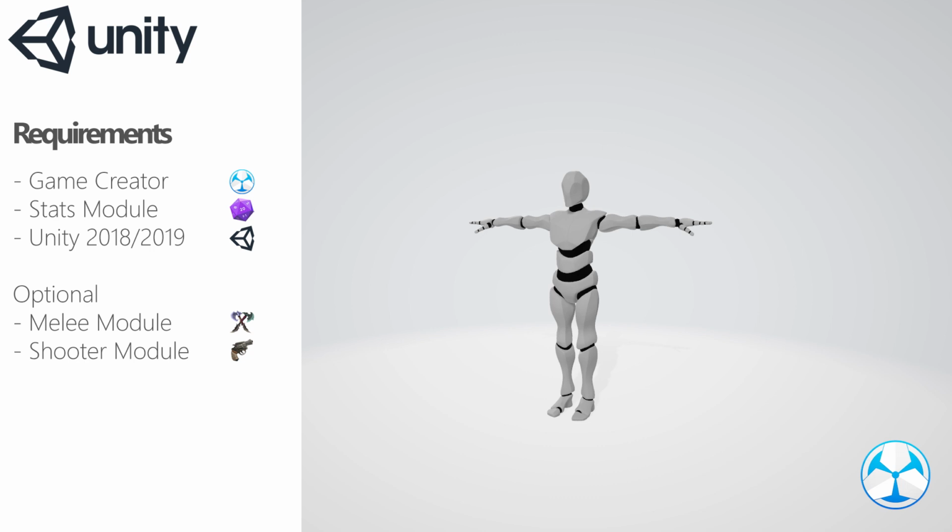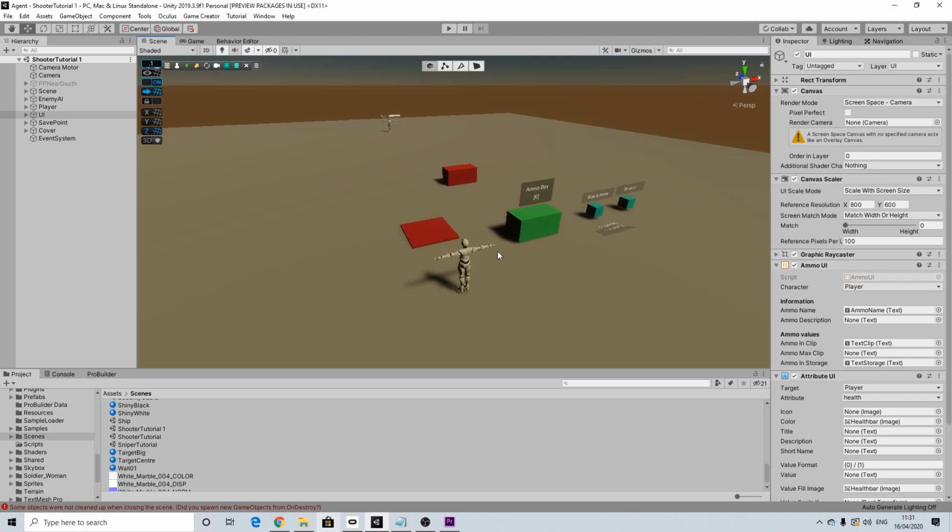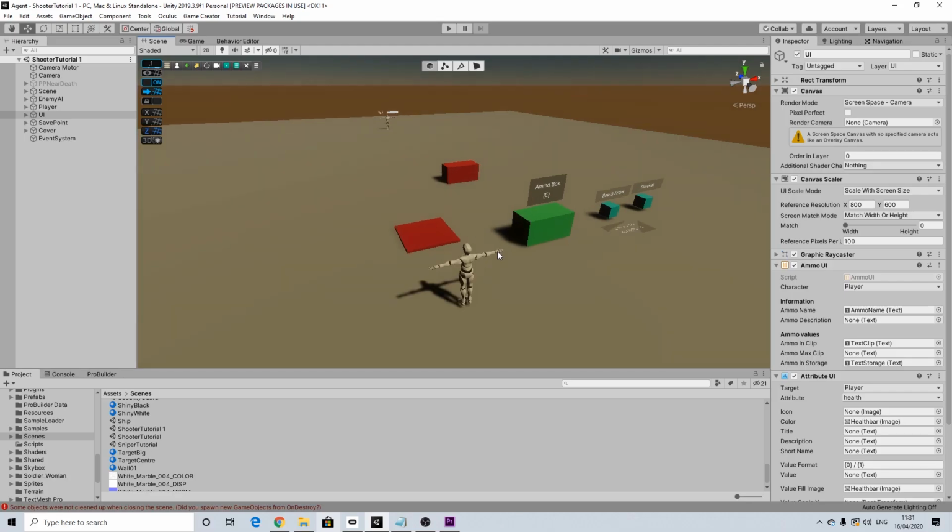What I will be showing here is one of the ways to do things, and there are many other ways. The goal here is to create a base from which you can expand upon if needed. So let's dive in. Before we start setting up our scene, I'm going to show you what the end